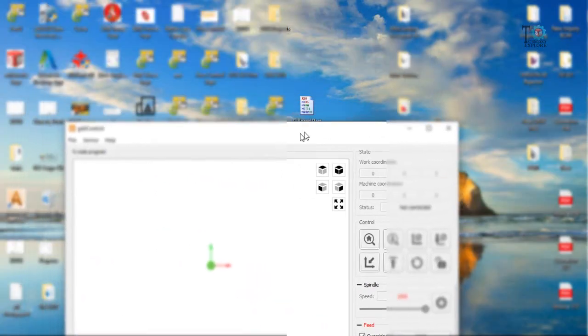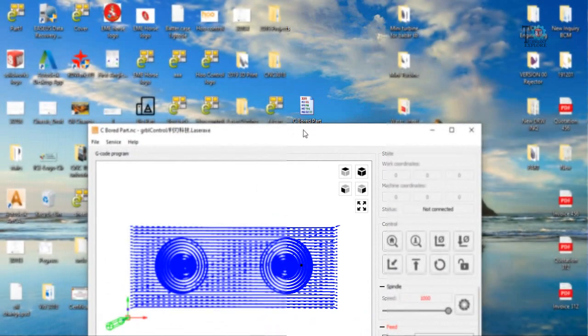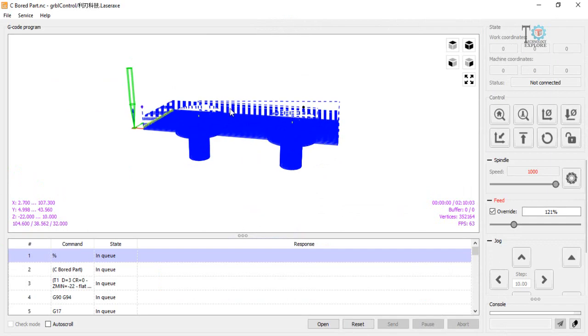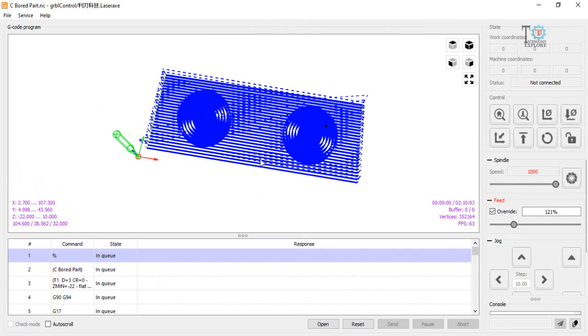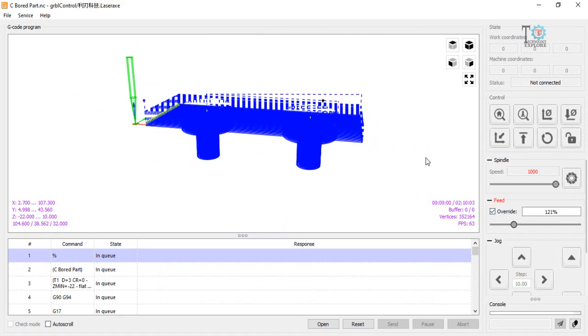So for GRBL controller we simply have to click and drag the G code file into that software, or we have to open or import this G code file in the software. So if you can see, this is the tool path of our part, and if I connect my CNC machine with my PC, then the status will be showed here as idle, and then this send option will be turned on.